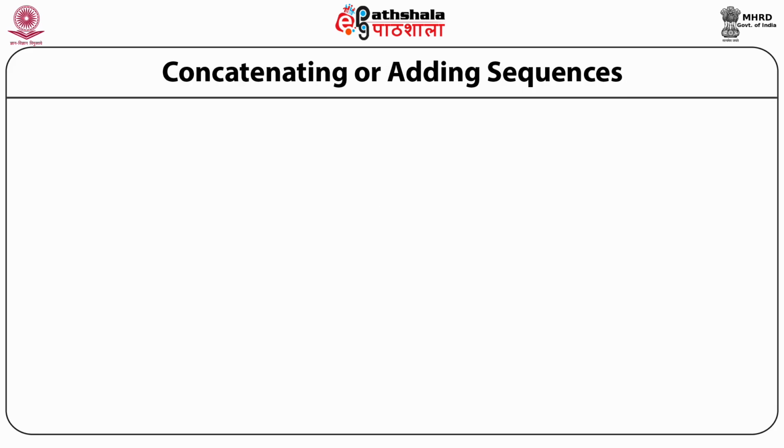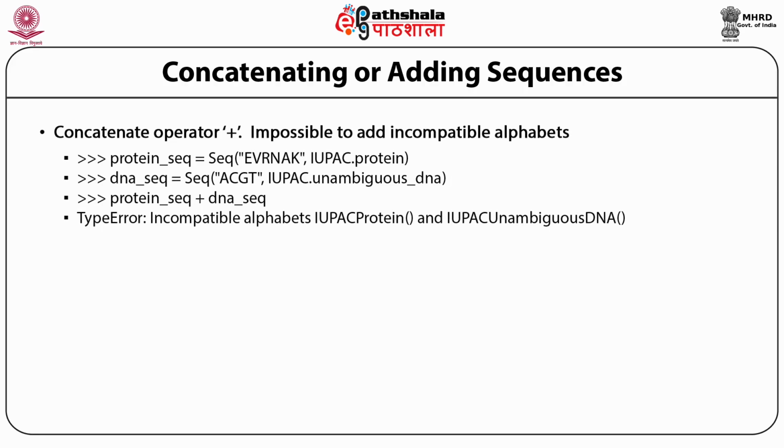Concatenating or adding sequences. This is another important operation that we perform on sequences. The actual concatenation can be done simply by giving a plus sign. The concatenate operator here is plus, but we have to take care that we don't add two different sequences with different IUPAC alphabets. For example, in this slide you see I have created a sequence object called protein_seq,